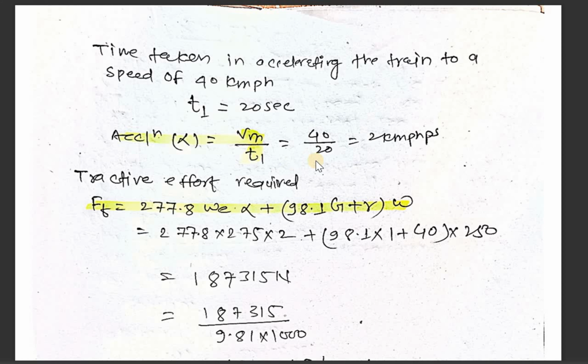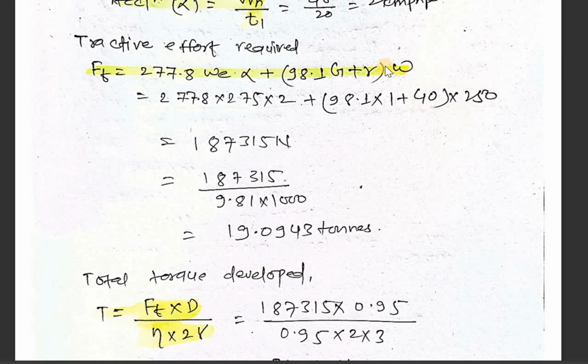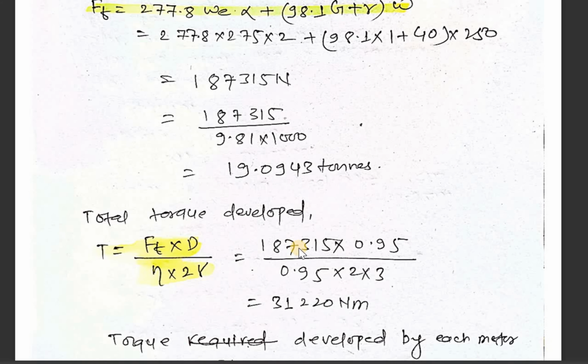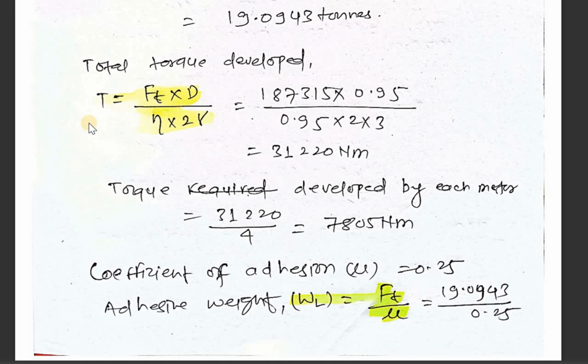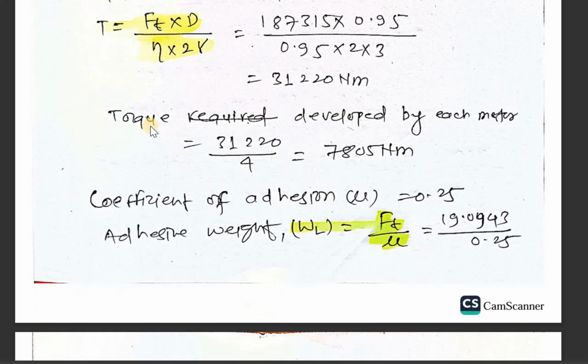Tractive effort: this is the formula for tractive effort, and putting in all the values we get Ft equal to 19.0943 tons. We know total torque T equals Ft into D upon 2 gamma times efficiency. Putting in all these values we get torque equal to 31220 newton meter, and the torque developed by each motor: we have 4 motors in the question, so we divide this torque by 4,